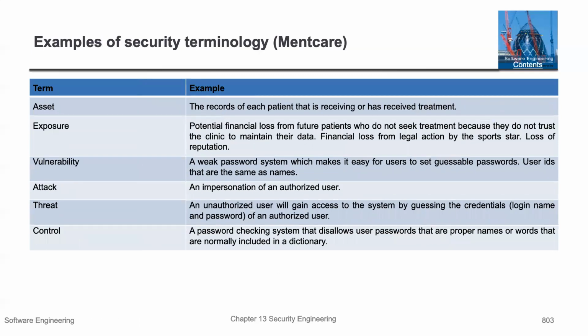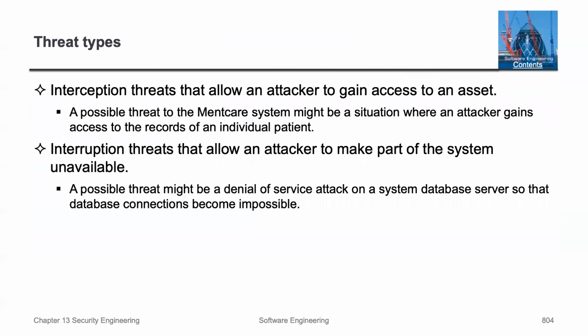So here is, specifically if we think of the MentCare system and what would be the asset, this would be the records. The exposure is a potential financial loss from future patients that seek to go elsewhere. The vulnerability, say a weak password. What is a weak link in the system? An attack is an impersonation of an authorized user. A threat is an unauthorized user will gain access, and finally control is a password checking. And so those give you some ideas of how they could be trying to deal with these things with the